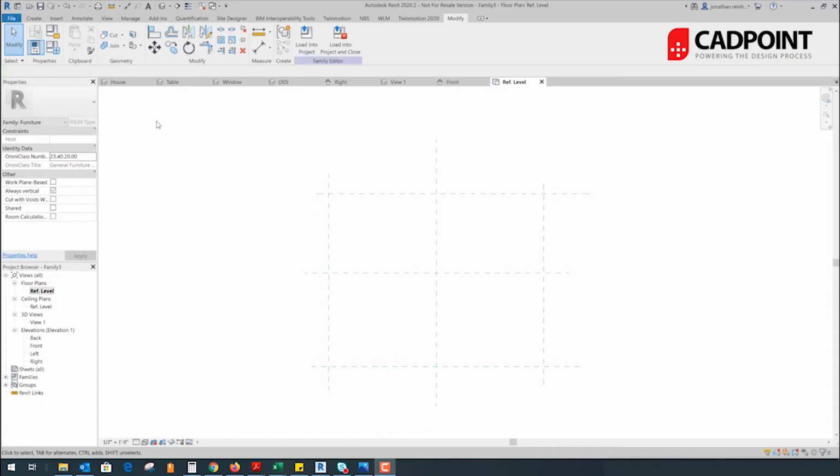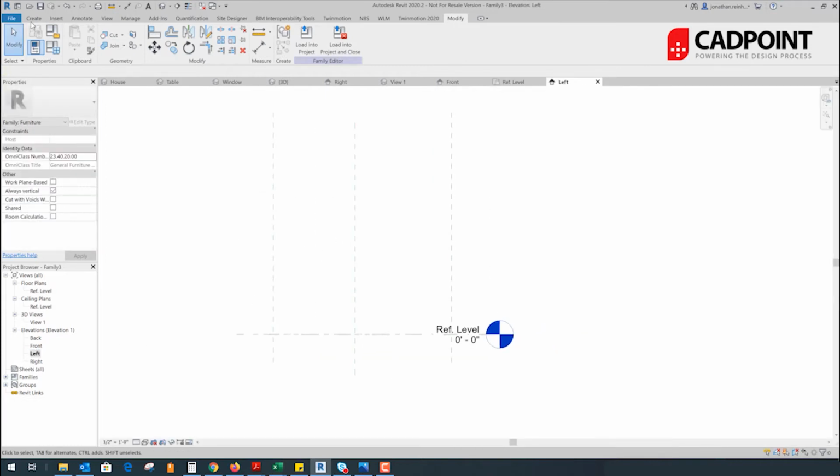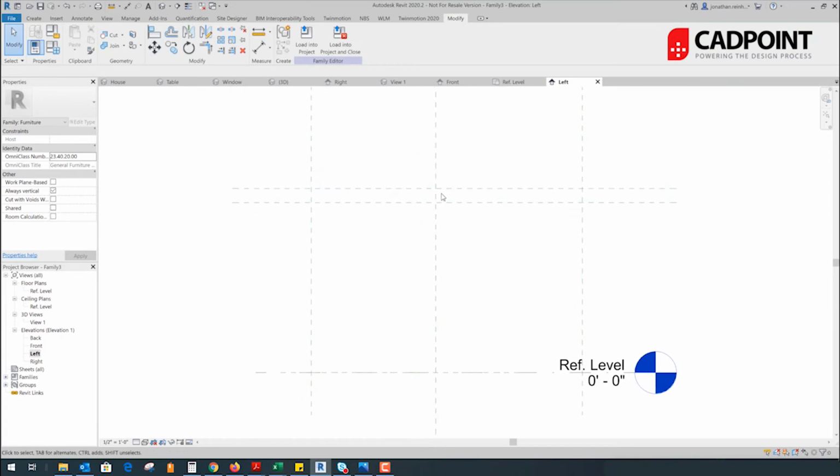The next thing I'm going to do is go into the side elevation. I'm going to place some reference lines there as well for the tabletop. So I'm going to go into the left and go Create again. This is going to create a reference plane for the tabletop. Pull that across. We're also going to create one for the table thickness. So this is not the geometry. These are just reference planes that we're creating,